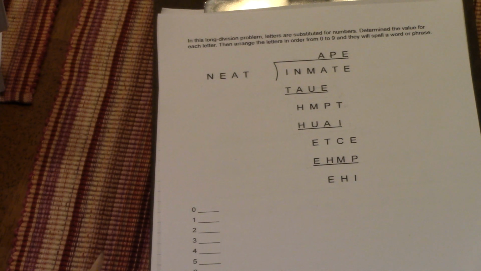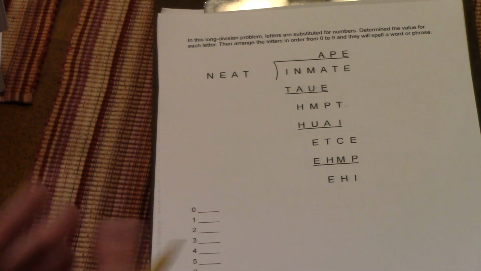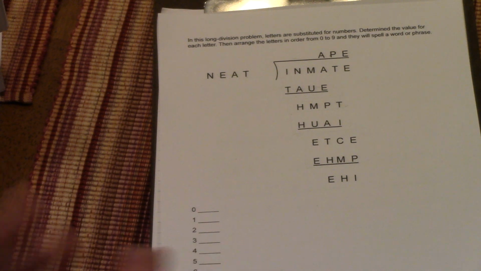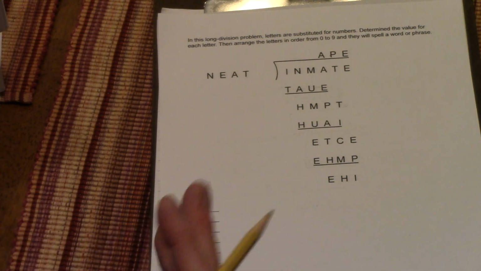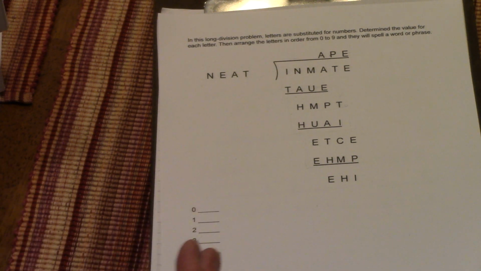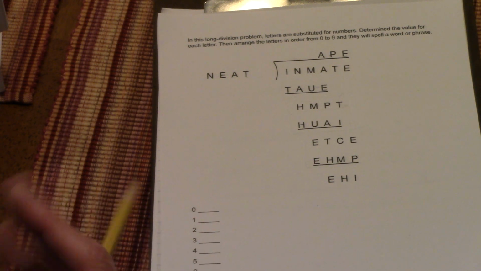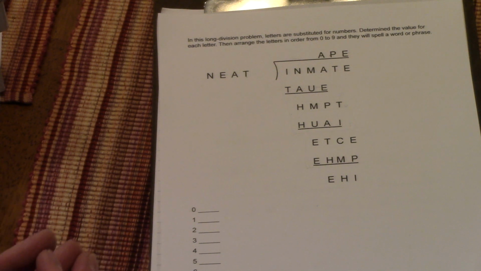All right, we're going to solve this word math problem, and the rules for word math are quite simple. What you have here is a long division problem. The letters are substituted for numbers. Determine the value for each letter, then arrange the letters in order from 0 to 9, and they will spell